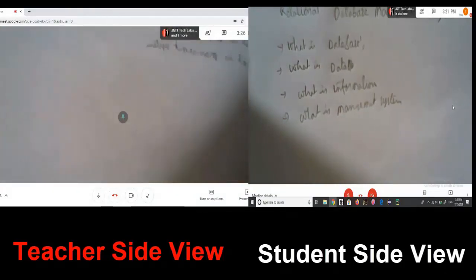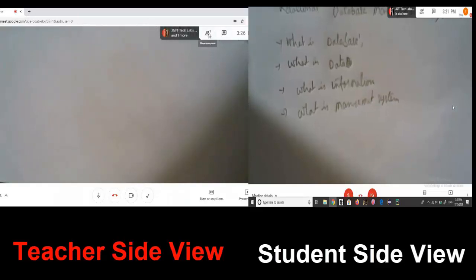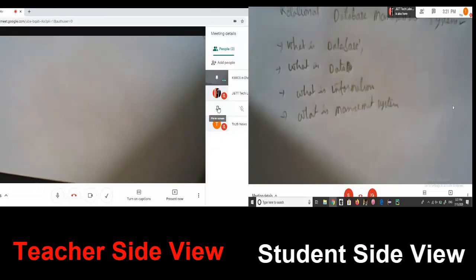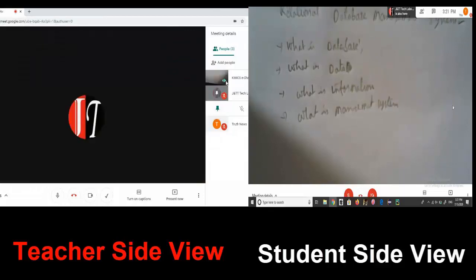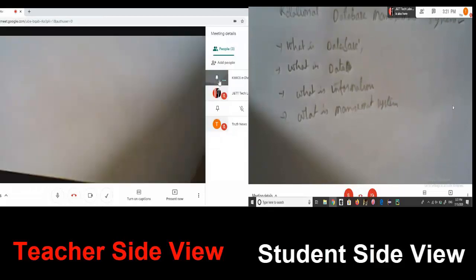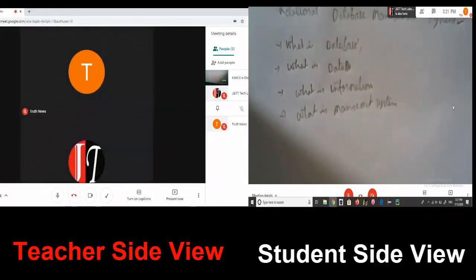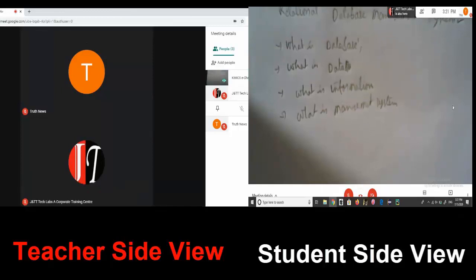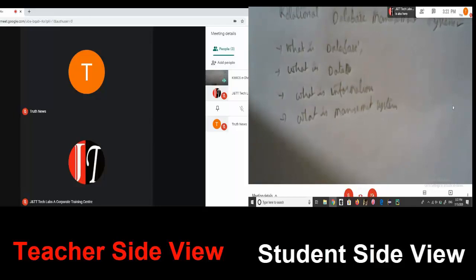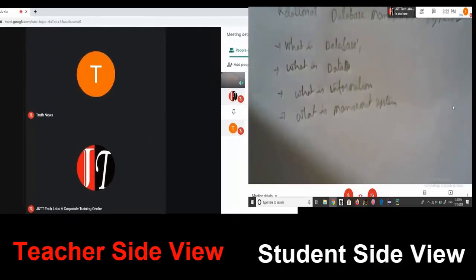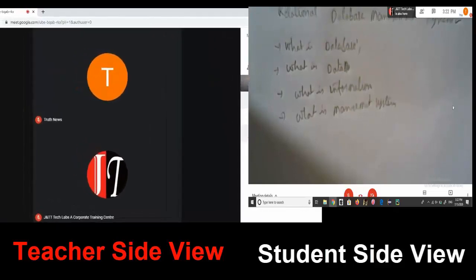But on the student side, don't panic. On the student side it will look good, but on our teacher side it will look reversed. So no need to focus on the second camera. Just concentrate on the first camera only. But we need to start the second camera to show the writing paper or whatever surface we are writing on. The surface must be focused by the second camera, so that exactly it will be presented on the student screen. Whatever we want to explain, we can explain simply.